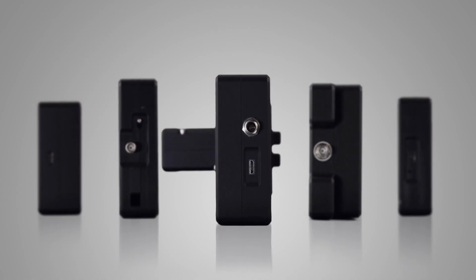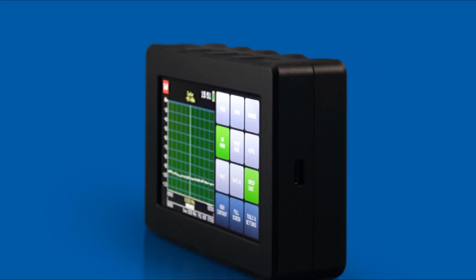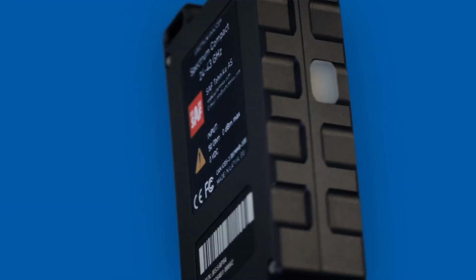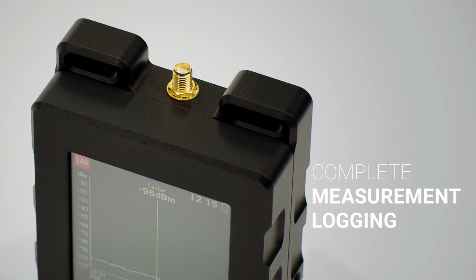Introducing the world's smallest spectrum analyzer. The first handheld microwave analysis tool designed for the real world. With full range coverage and industry-leading noise floor, there is simply no other device with a similar functionality, form factor,